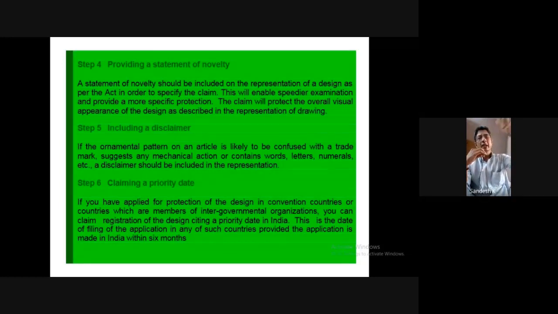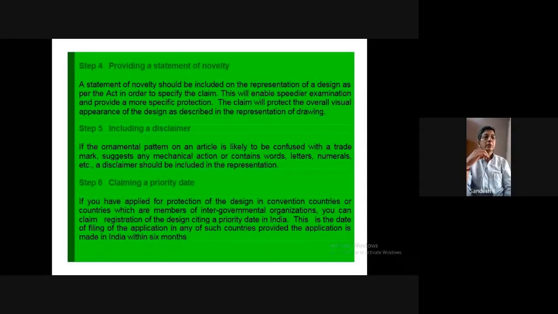Color and lines, yes, I agree, form a part of this design, but trademarks are separate. We have them already, so they should not be clubbed together. So there should be a disclaimer stating that there are no trademarks in the claim, because it does not belong to the design; maybe it belongs to you, but it falls under the trademark category. And claim the priority date, the date from which we are filing. It may not be significant, unless it is for some international client, maybe.